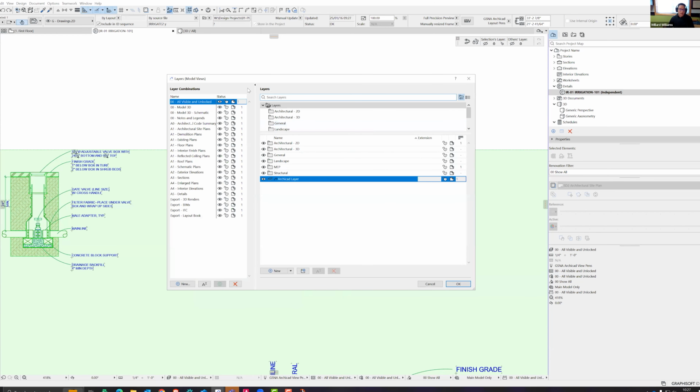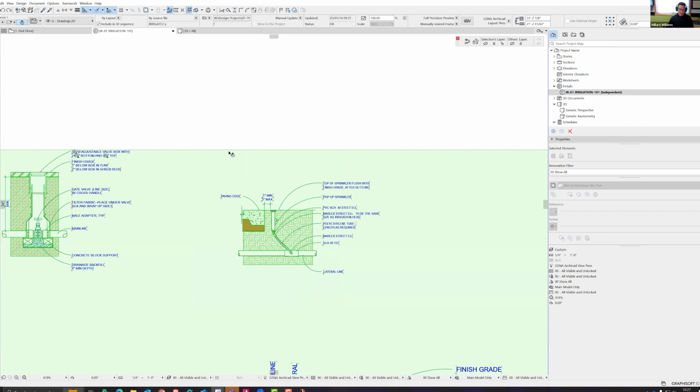I am going to create a new layer, and I'm going to call this ArchiCAD. How about DWG? And if I put a period and I put ArchiCAD at the end, it will automatically put it into this extensions. And I'm going to just say OK. And what I've done is created a layer, but what I want to do is I want to put this information onto a layer. And the reason I want to do that, so I'm going to do it the short